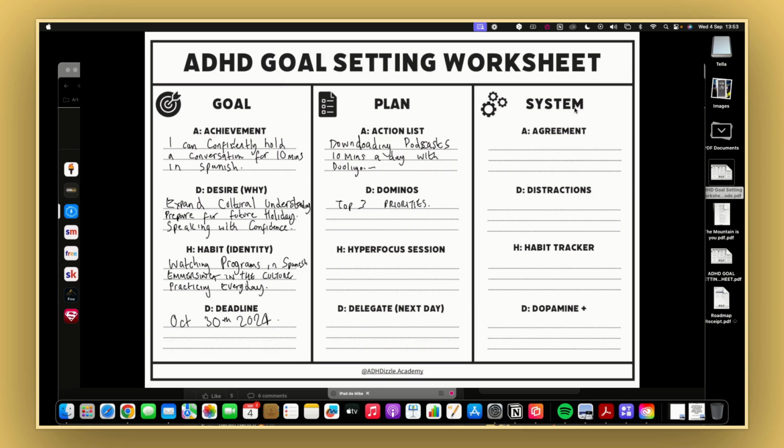So the next thing is obviously delegate. Once you've done your hyper-focus session, I recommend, if you want to go over the hyper-focus session, so maybe you do 25 minutes and said you're going to do this one thing and then that's it. You might get really amped and say, I'm going to do another 10, I'm just going to go all out today. Try to just do the 25-minute slot. Or if it's a 50-minute slot, just try to do the 50-minute slot and then leave it where it is. And then delegate whatever the next thing is to do for the next day. Why do I say that?